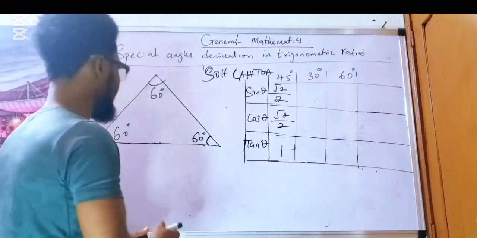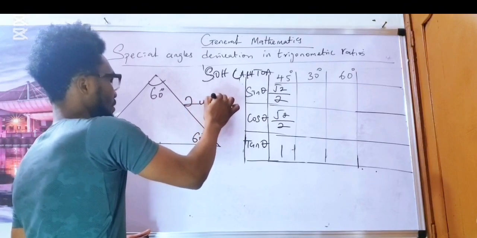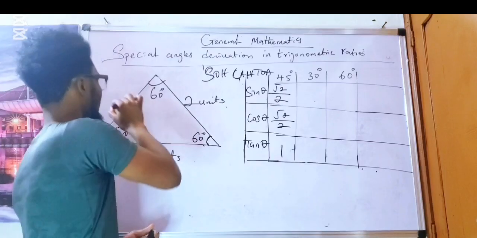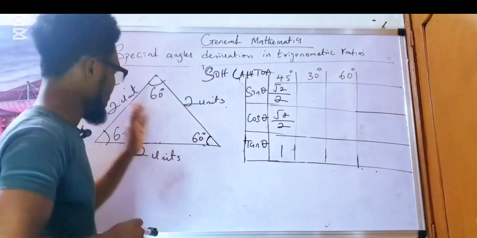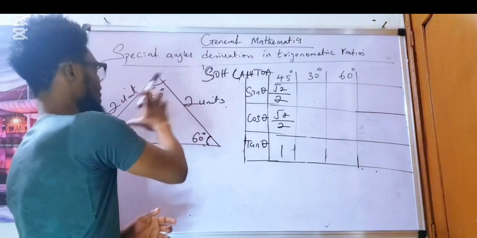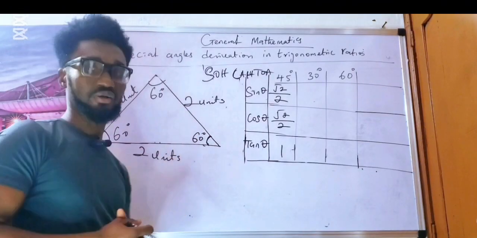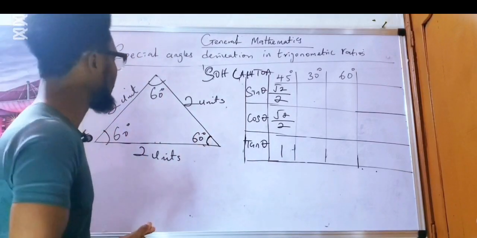Now, let's assume all the sides to be 2 units each. So here is 2 units each. Here is 2 units. Here is what? 2 units. So that is it. All of these angles sum up to what? To 180 degrees, as an equilateral triangle. But technically, looking at this illustration here,